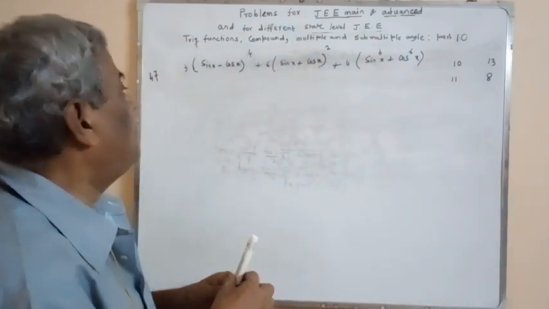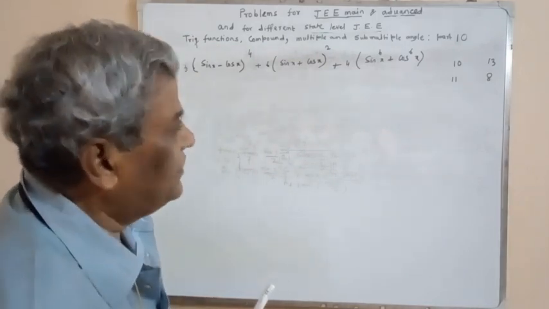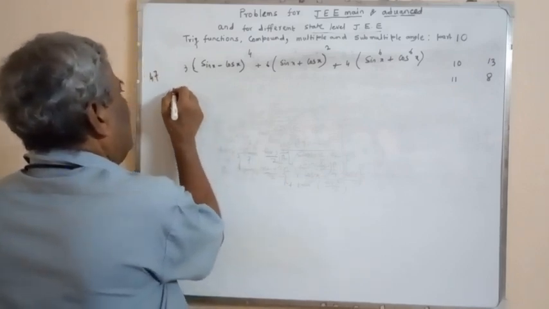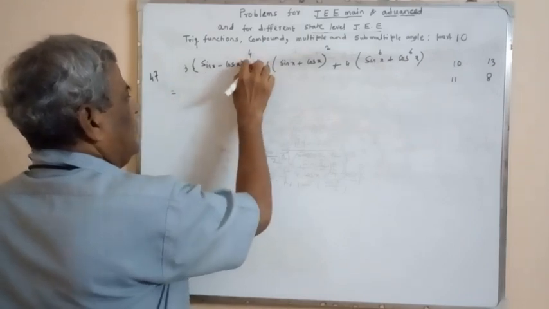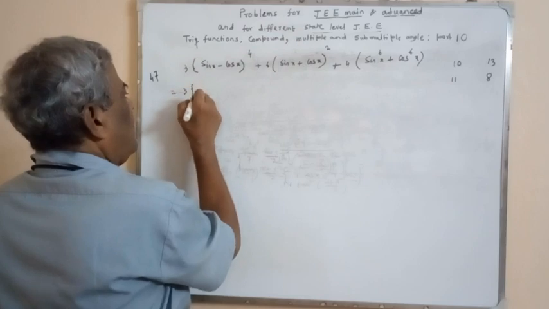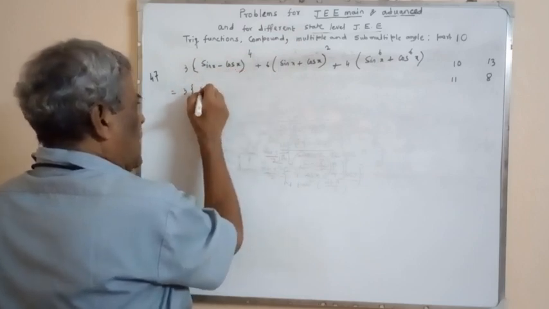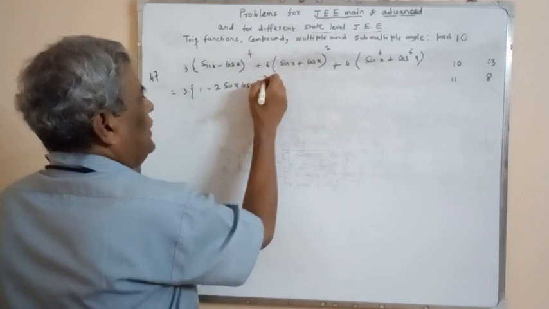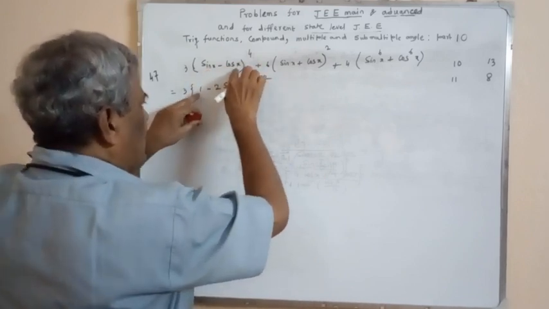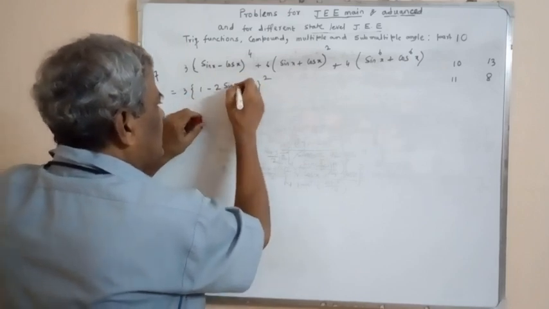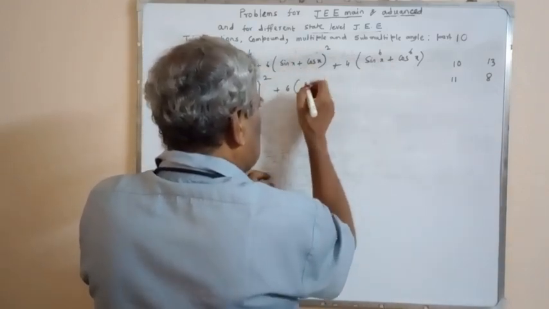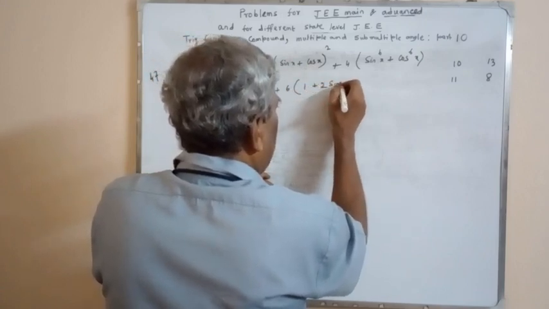Now an expression involving sin x and cos x with some power is given here. So we have to find its numerical value. For that purpose, let us simplify like that. Take its whole square, then to the power 2: 3 into (sin square x plus cos square x, that is 1, minus 2 sin x cos x) whole to the power 2, power is 4, plus 6 into (sin square plus cos square is 1, plus 2 sin x cos x)